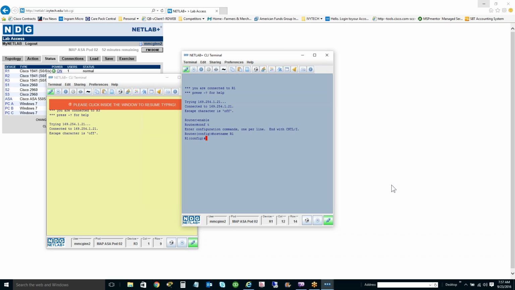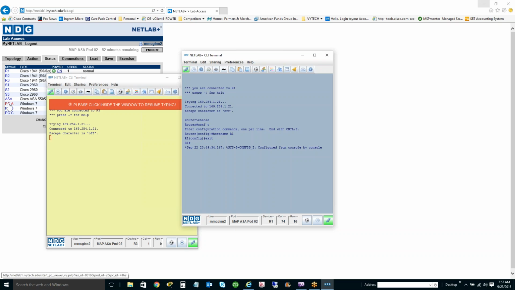Now you can see I've gone ahead and changed the prompt to R1, so now I know whenever this is up I'm working on router R1. So it's just that simple to get in and start configuring a device based on the instructions that are in the lab. There's also the other devices you may use. R1, 2, and 3 are routers. S1 and 2 are switches. PC A, B, and C are PCs that are available to you in the lab,